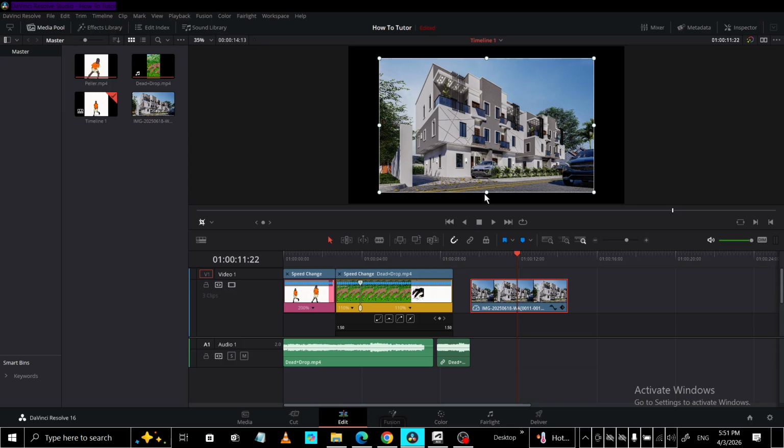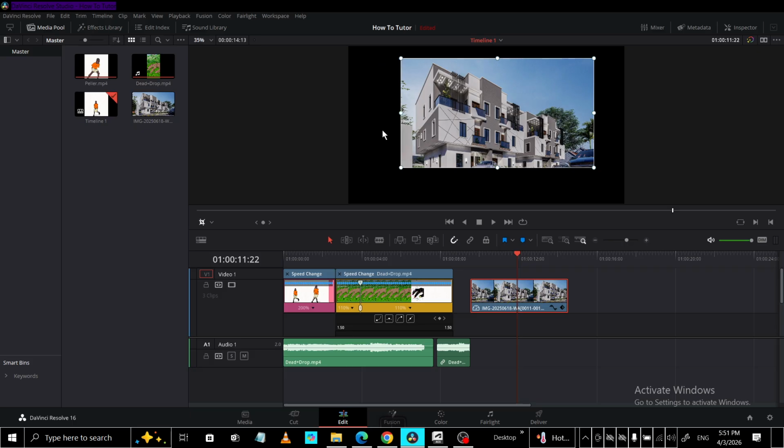That's it. Select the image in the timeline, enable the transform overlay in the viewer, resize using the corner handles and move it by dragging inside the frame. Take a moment to preview your result and make any fine adjustments until it looks just right. With these simple on-screen tools, refining your image size and position becomes fast, intuitive,